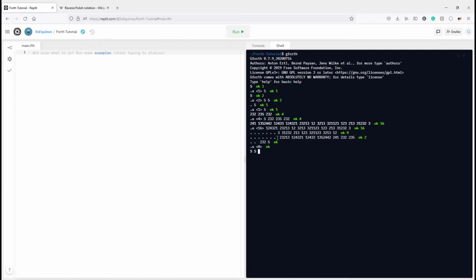You do 5, 5, and then plus. So the 5 is pushed to the stack, and then there's another 5 pushed to the stack, and then a plus operation is done on the top two numbers of the stack. So this plus is actually acting completely independent of the numbers, which is very unique, which is very cool, and